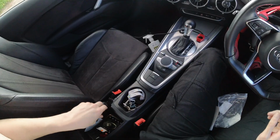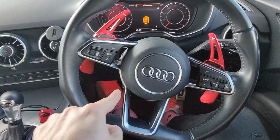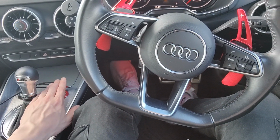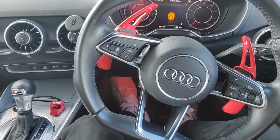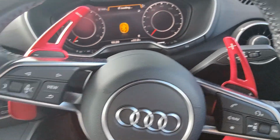Yeah, look at that. Now, look at how all that red ties in together. We got the lights down the bottom. We've got this lovely little flip switch for the start, and we got the red of the paddle shifters. That just brings it all together. I'm actually so gassed. That looks so good. So from everything to the metal strip down there, which looks great with the lights, to the paddle shifters here looking amazing,